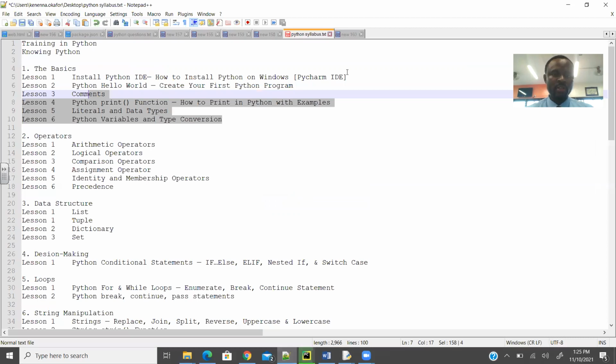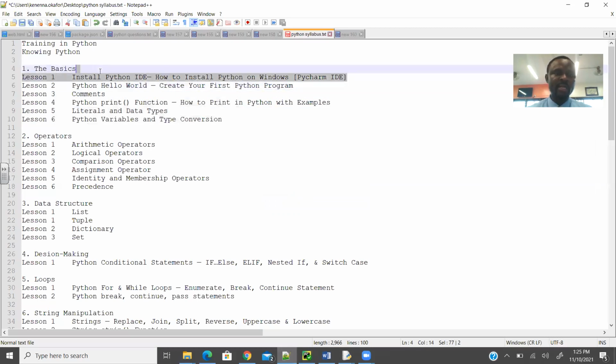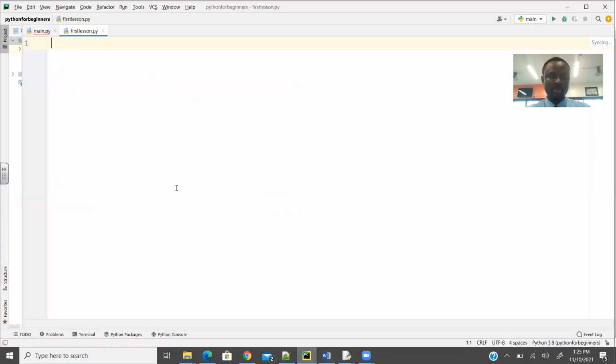And let's see, I suppose we've installed Python and PyCharm IDE. And let's just write our first program, a hello world program. Okay, so I'll just come here and use this syntax, print. In parentheses, I will have quotation marks. And so what do I want to show to, say, the user, or show to yourself on the screen, in Python, in the console? I'm simply going to ask that I be shown hello world,